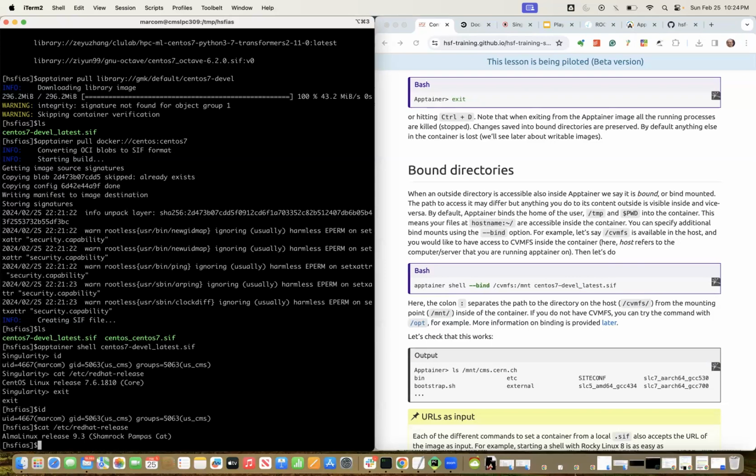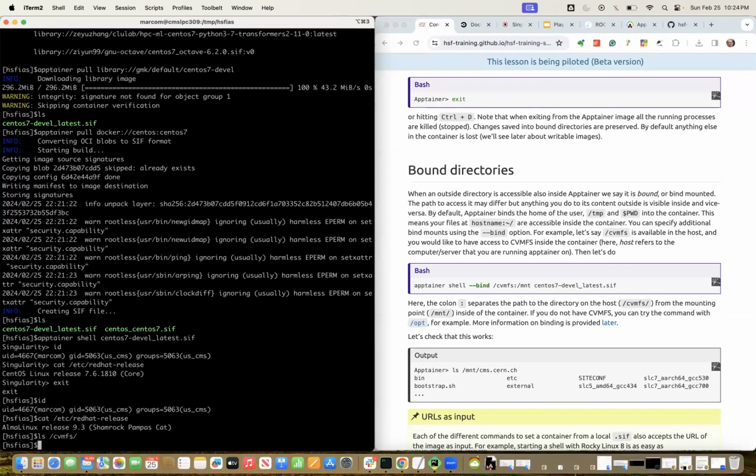This means that your files in ~, which is the home directory, are accessible inside the container. And you can specify additional bind mounts if you want with the --bind option. For example, let's say you have CVMFS. Let's see if we have it in this system here. Yes, we have the CVMFS directory. And let's say we want to access it inside as a mount directory. Then we can use the Apptainer command, start the shell,